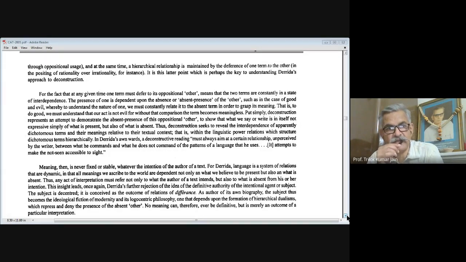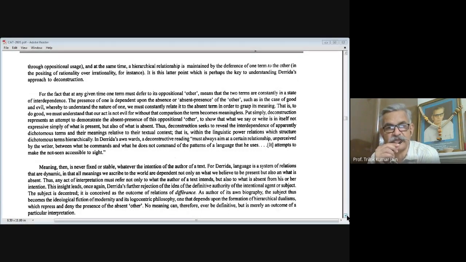For the fact that at any given time one term must refer to the oppositional other means that the two terms are constantly in a state of interdependence. The presence of one is dependent upon the absence or absent presence of the other. Such is the case of good and evil, whereby to understand the nature of one, we must constantly relate it to the absent term in order to grasp its meaning. That is, to do good, we must understand that our act is not evil, for without that comparison, the term